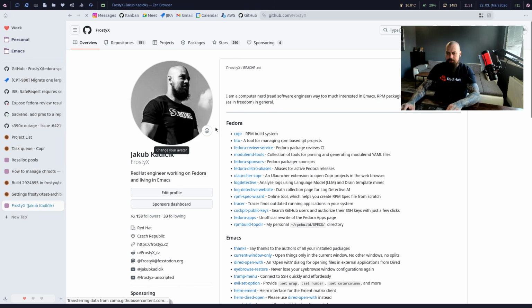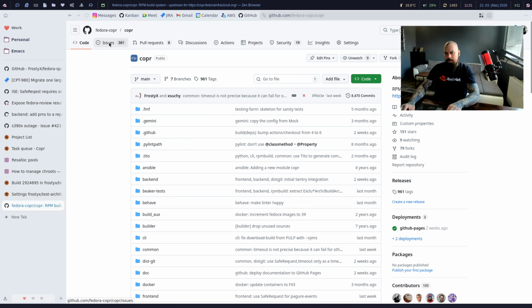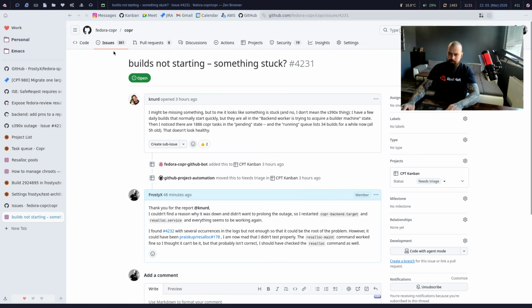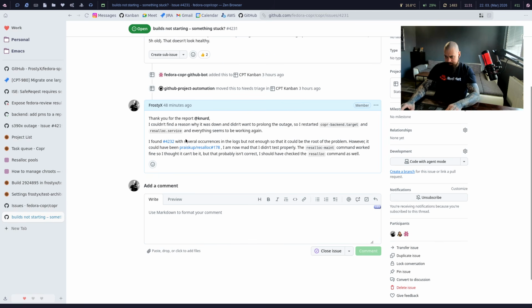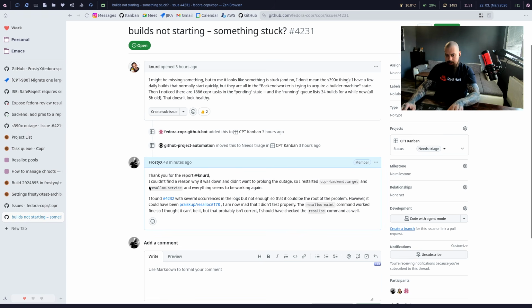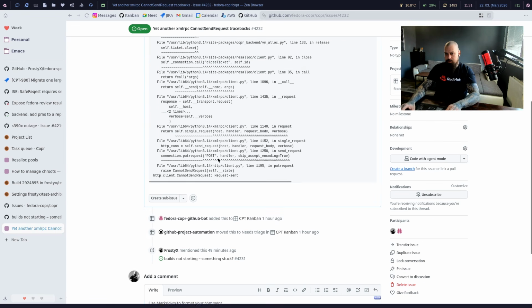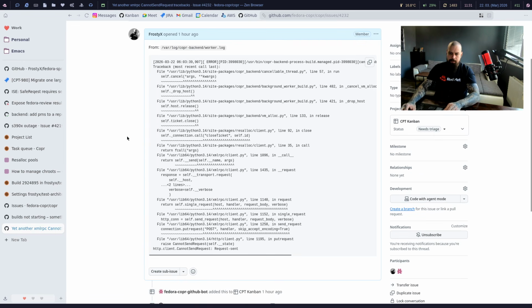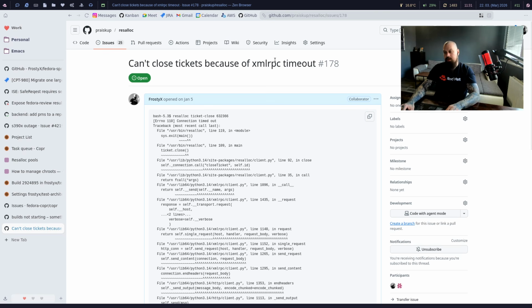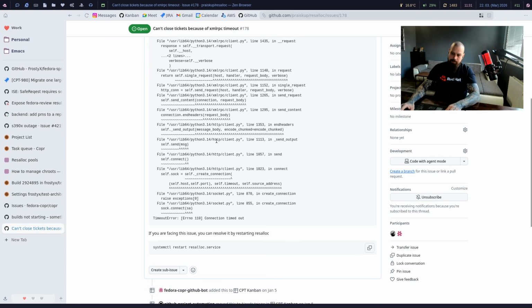So why I wanted to do that: we just had an outage in production. If I go to Copr tickets, issues, this was reported. We had an outage and we weren't building new stuff, and it turned out I found some traceback in the logs, this one, related to Resalloc. This is a Resalloc ticket, so I think maybe this was the root problem,